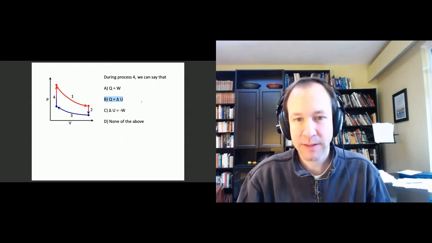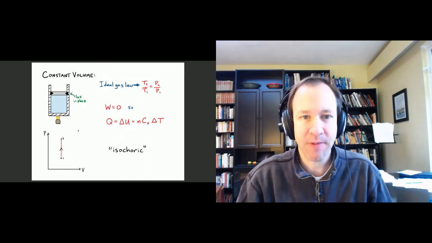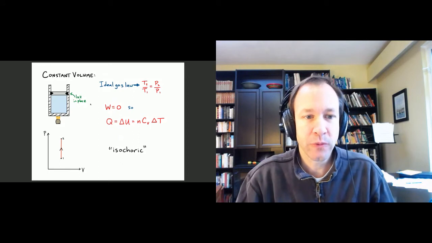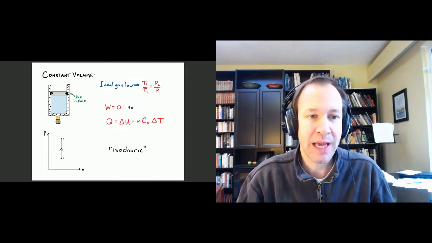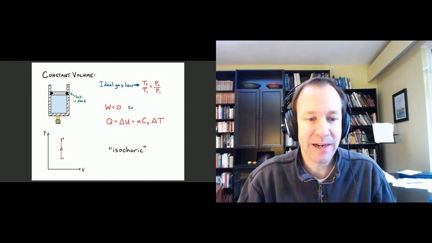Okay, so that's a good thing to remember. So summarizing all of the things we know now about constant volume, what we could say is that for that kind of process, an example would be if you have a gas in a piston and the piston is locked in place, so you could heat it, the pressure might increase, but it would look like a vertical line on the PV diagram because the volume,